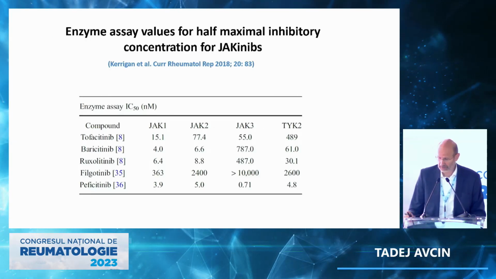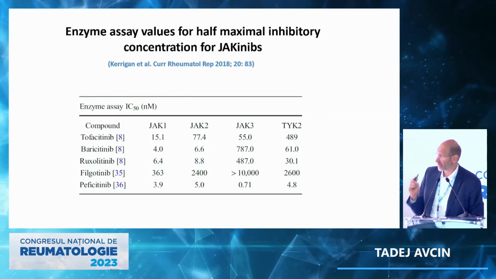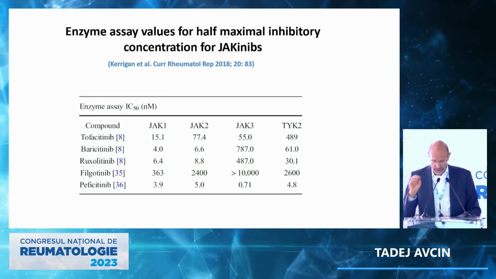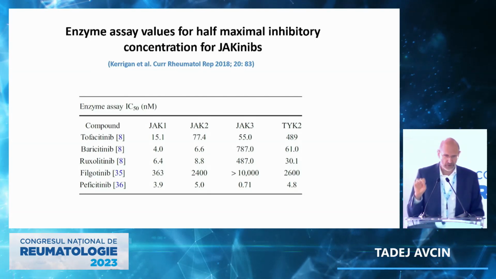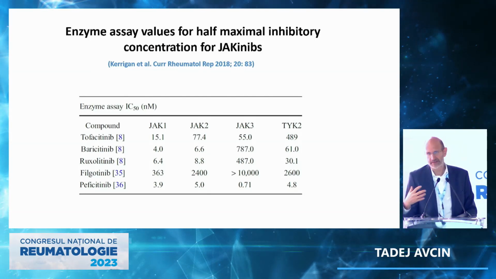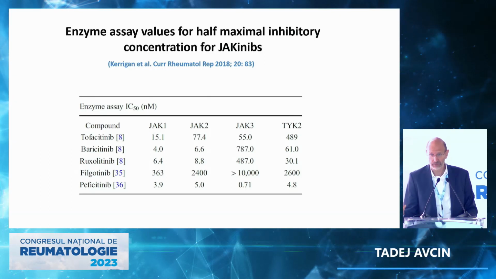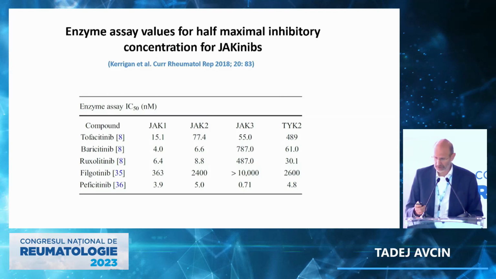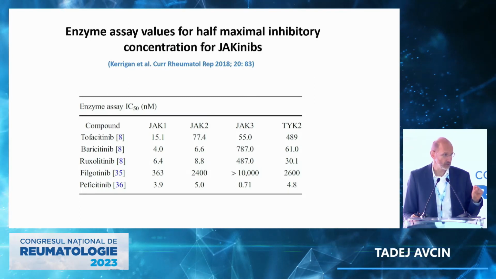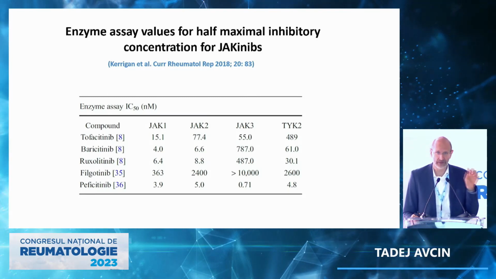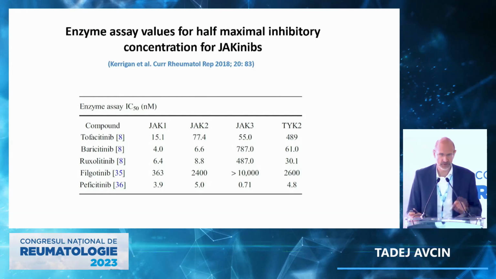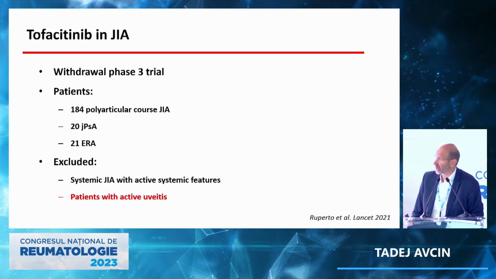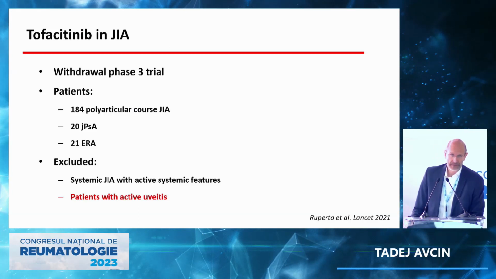We have different JAK inhibitors. I would just like to highlight that they have different targets. For example, tofacitinib is regarded as a pan-JAK inhibitor, while baricitinib is targeting particularly JAK1 and JAK2. So they have a little bit different targets. Also, JAK inhibitors are not the same drugs, and I would like to briefly share the data from 3 studies